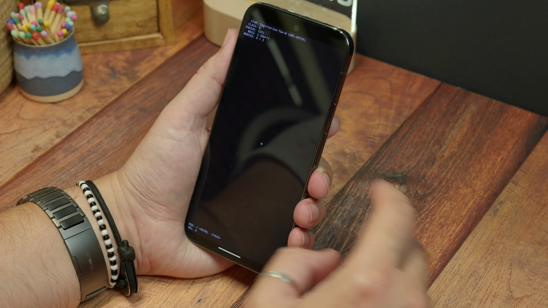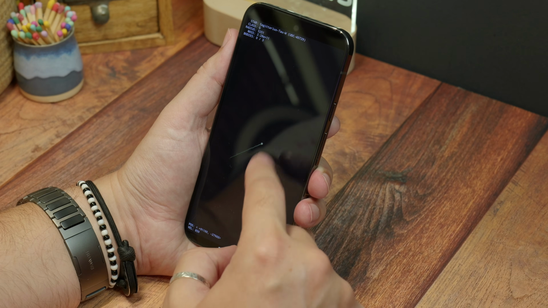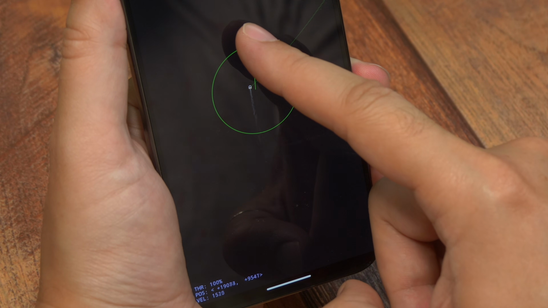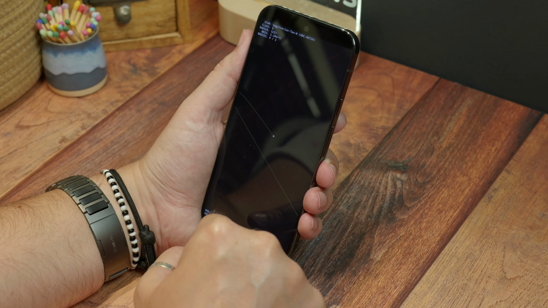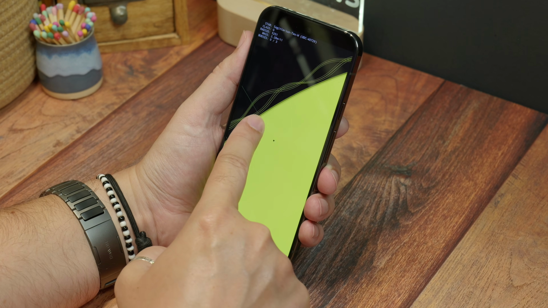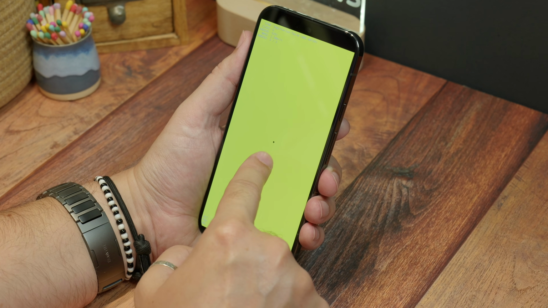Using your thumb or finger, adjust the trajectory and the speed of your little spacecraft and then find any planets or stars. Using the position coordinates and the velocity indicators at the bottom of the screen, you can then find them. The big star in the middle of your solar system is at coordinates 0, 0.